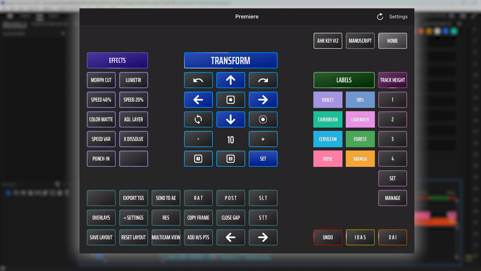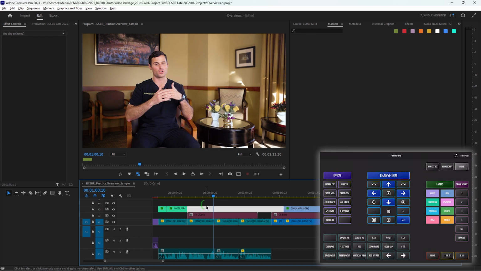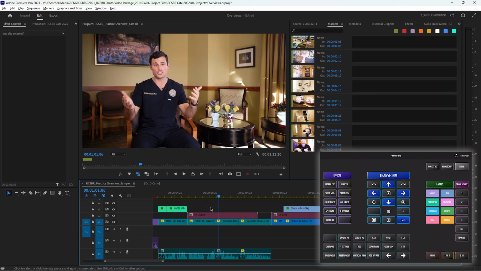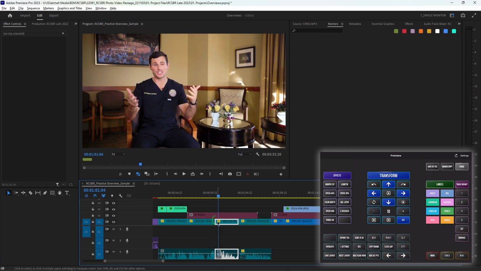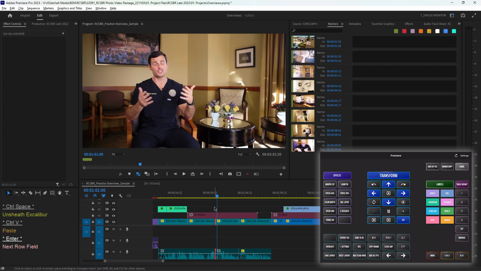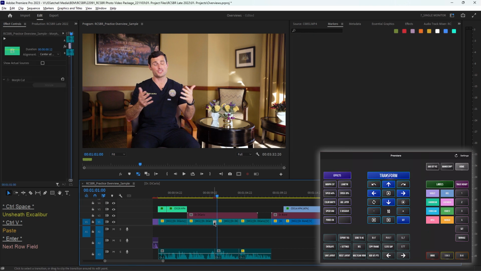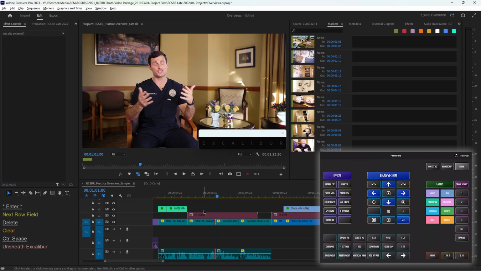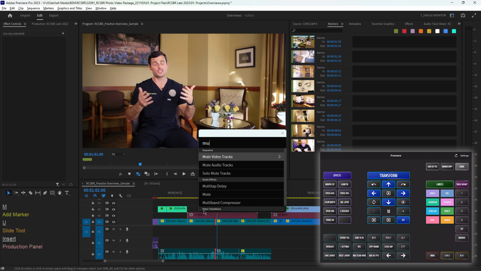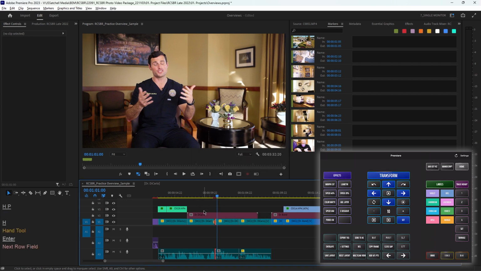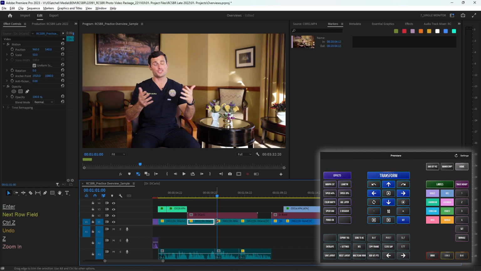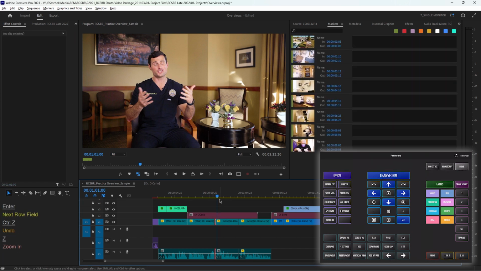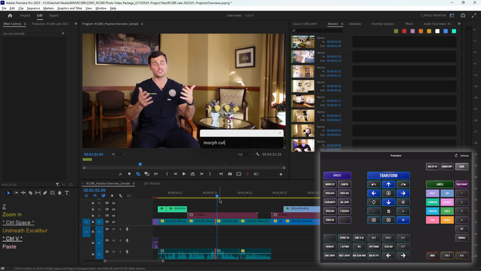certain effects. So for example, if I'm editing and I have a little bit of a jump cut here, I can add a morph cut to it just like that. And again, Excalibur will let you just type in morph cut and apply it, but the panel gives me access to not move my hand from my mouse and